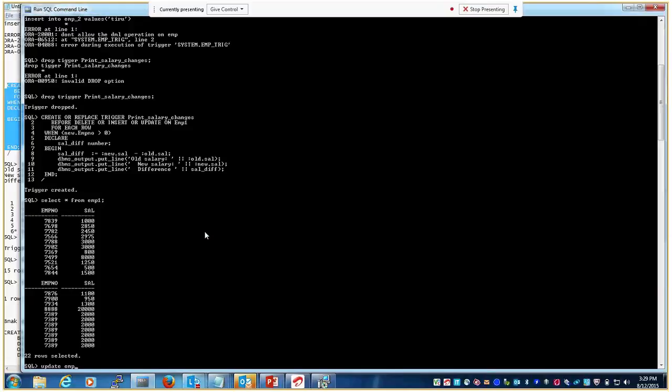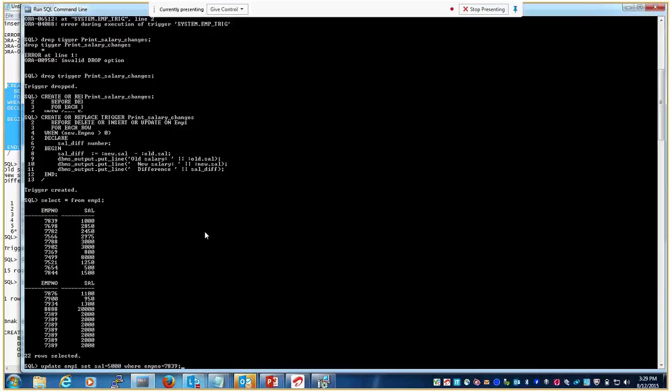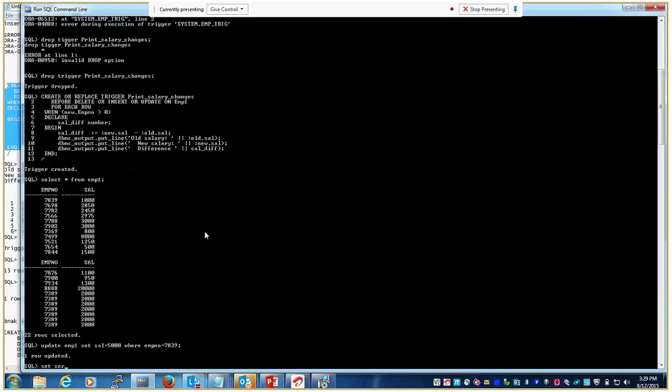Update EMP1 set sal equal to 5000 where employee number is equal to 7839. One row updated. Set server output on, that time only.